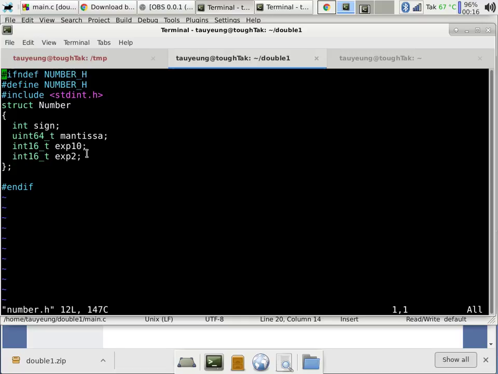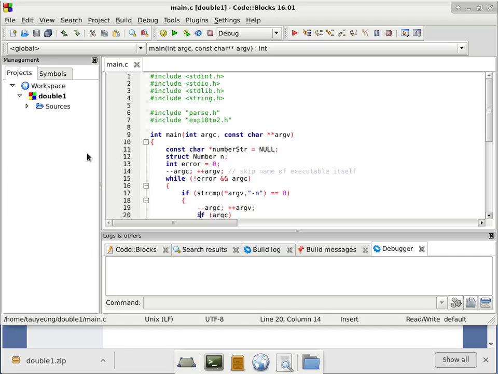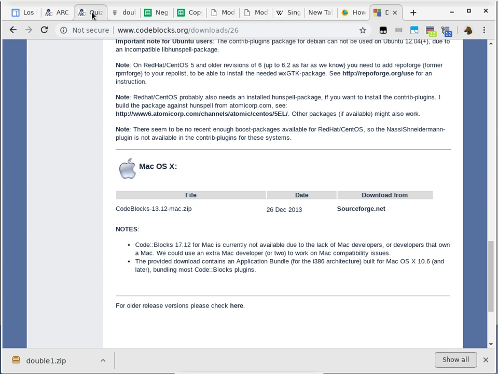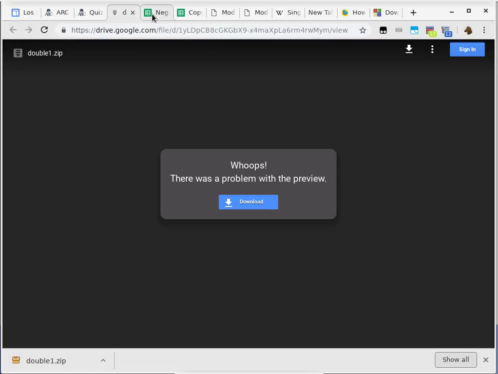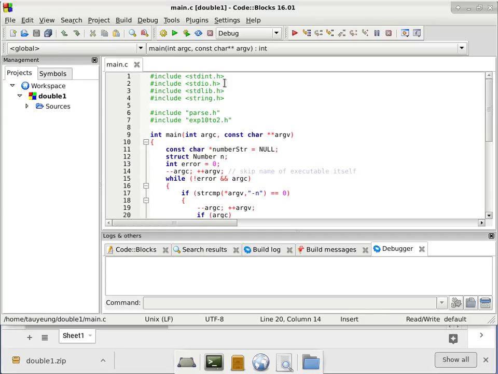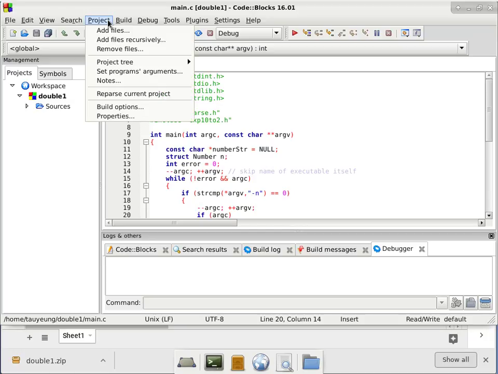Okay, so the next thing we need to do is to say, but how do I test my program? Because that's going to be kind of important. So to test your program, what you need to do is to look at your own number. Okay, so my number is 8.424e minus 19. I'm going to take note of that, or even just copy it, Control C. I go back to CodeBlocks. Under CodeBlocks, now this part is kind of important because you have to go to Project. Under Project, you want to go to